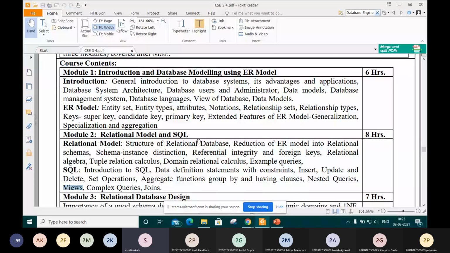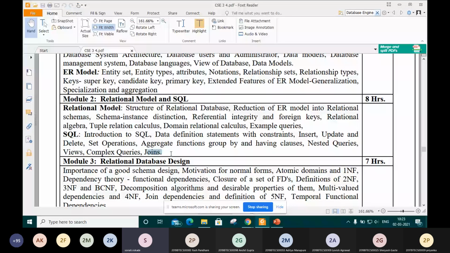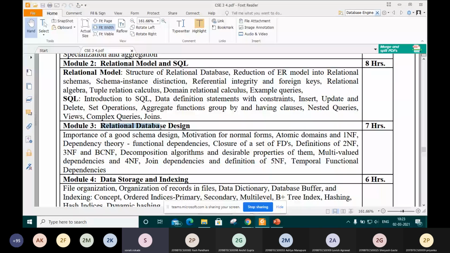So the third module is relational database design. Here the whole database structure is designed by following these rules, which is why it is called relational database design, and why it is important and needed to be implemented on our database is explained in this module.